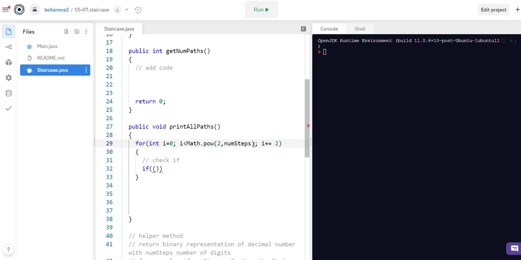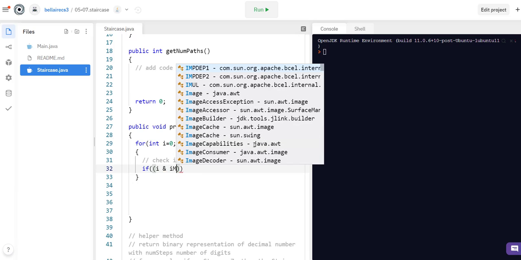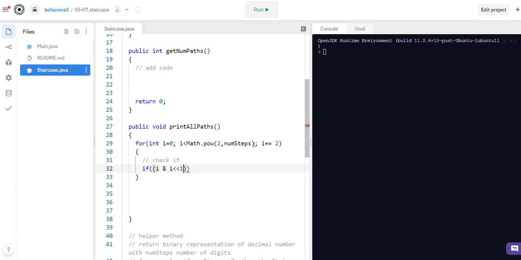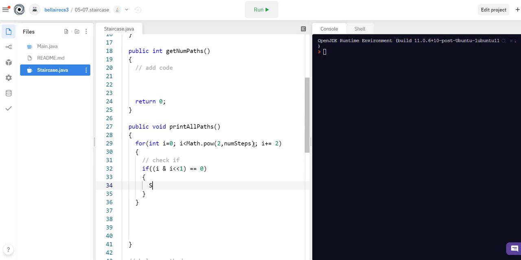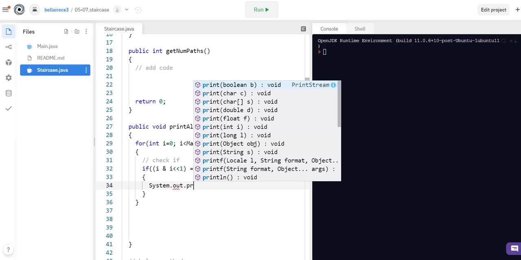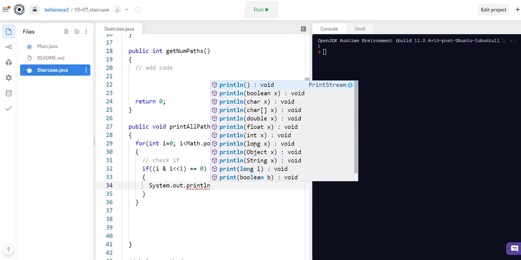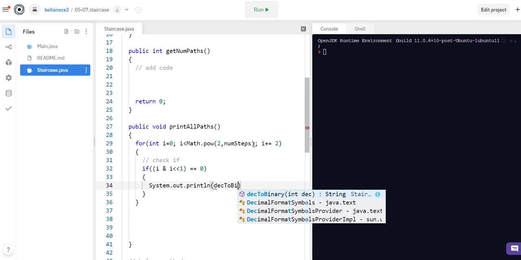If you had 5 steps, okay? So if you shift I over 1 place to the left, if that is going to be equal to 0, then you're going to go ahead and print that pathway. And you are going to need to implement the decimal to binary